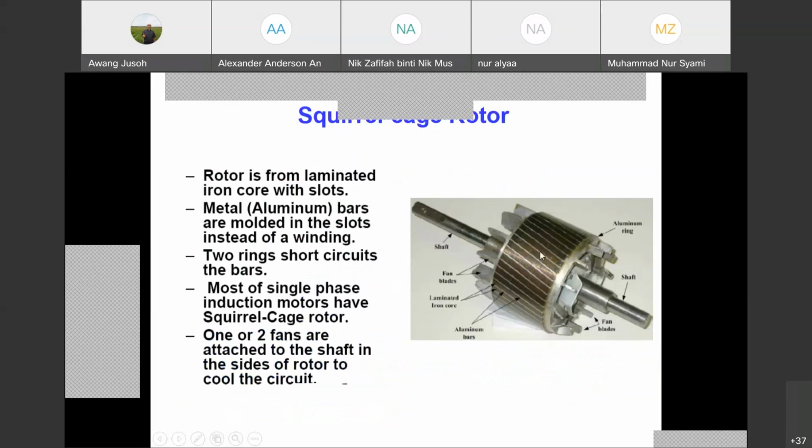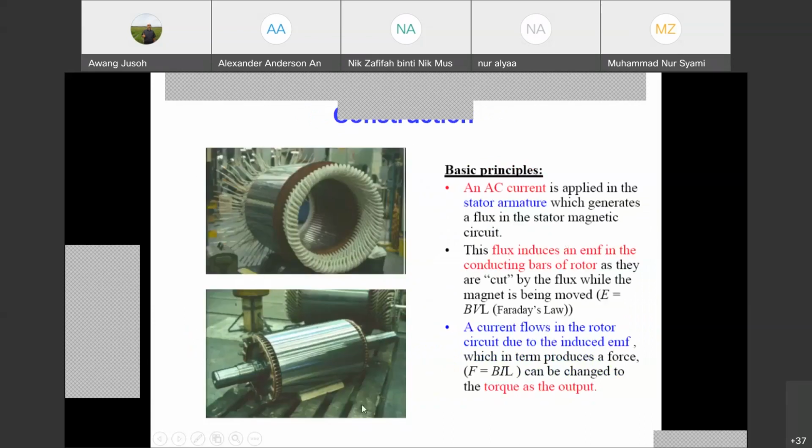So you get voltage induced in the rotor due to the flux cutting by induction. And because the rotor structure is short circuit, that means we get current flow. So this current will interact with the flux from the air gap just now. It will create torque, so the motor will start to rotate. That's the principle of operation of the machine. I hope you can explain briefly what happened, how the torque is generated in the induction motor. Very simple like that.